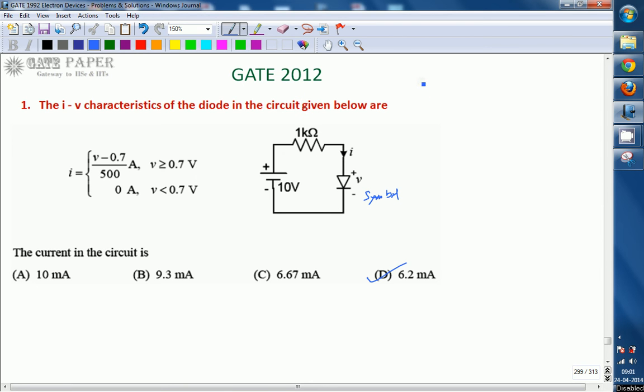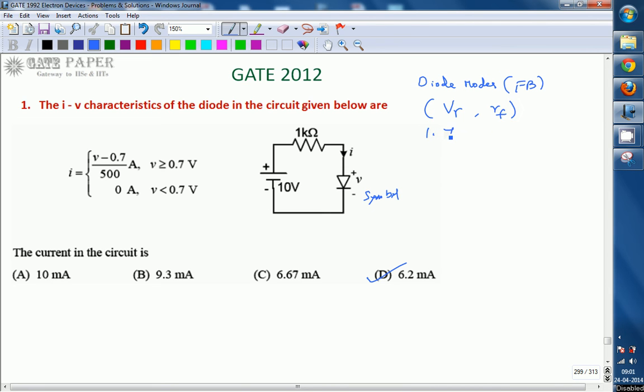So there are three different types of diode models, and that too only under forward bias. Under reverse bias we can easily assume that the diode is acting as an open circuit. The reverse bias model is nothing but, for all cases, the diode acting as an open circuit, that is, reverse resistance is infinite. So in forward bias there are two parameters: one is V gamma, the cut-in voltage, and the other is RF, the forward resistance.